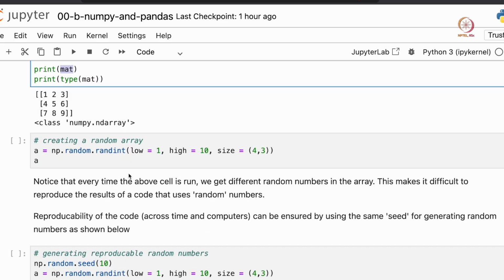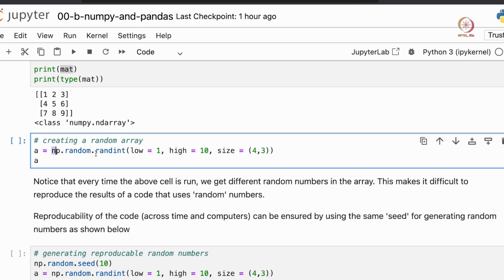So for now, it's important to note that this is a very important function, that we can create random matrices by using the function randint. That is within the module random. So np is the package or library. Within this package, there's another directory, random. That's also another package, and .randint is a function inside that package. So np.random.randint will create a random matrix of a given size. You can mention the size within this attribute and provide it a tuple.